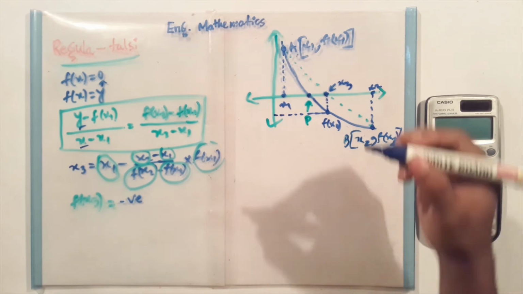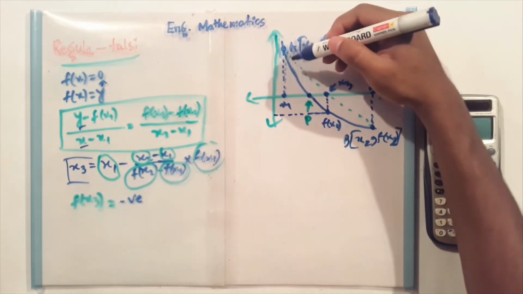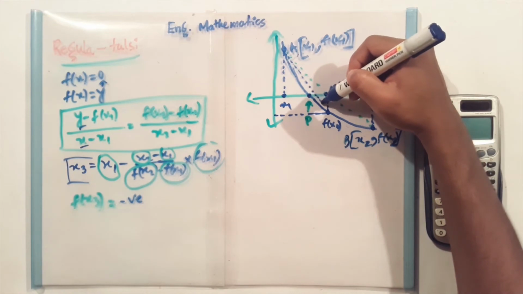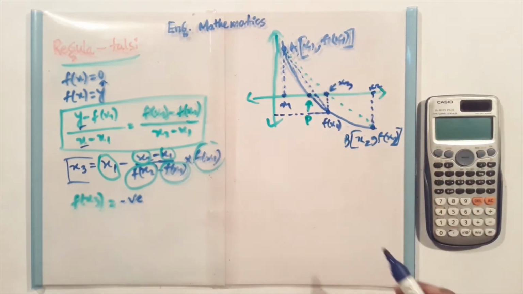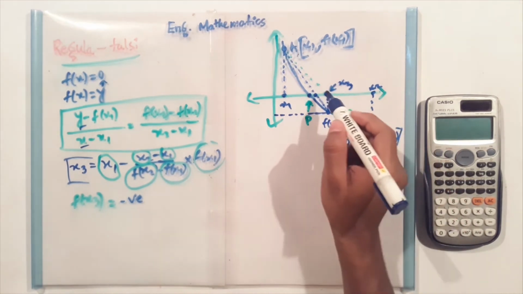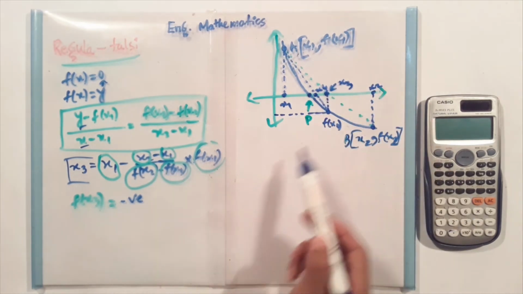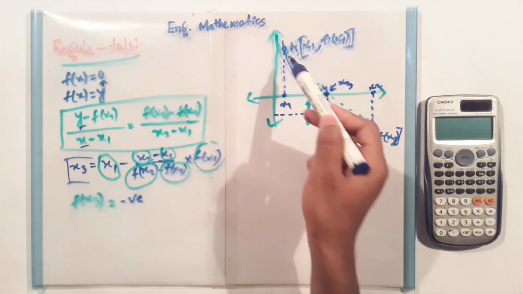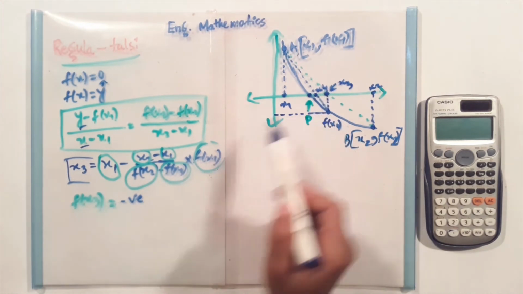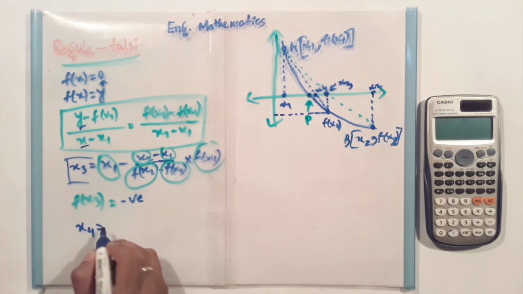For our next approximation, we will construct again a new chord here, and this will be nearer to our root, and this point will be x4. We will again construct the equation of the chord and, rearranging, we will find out x4 is equal to